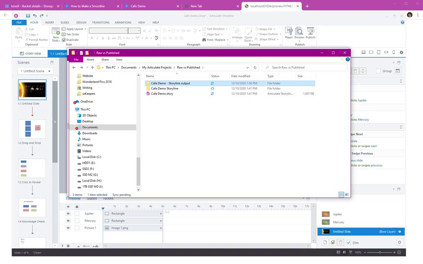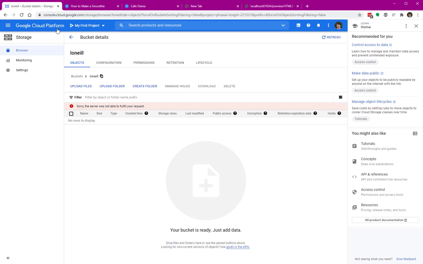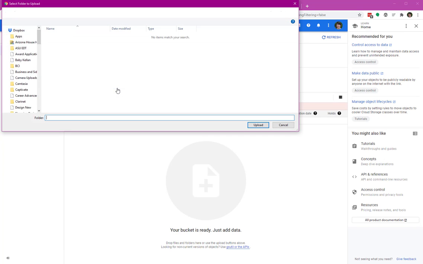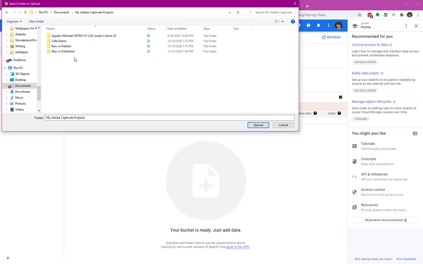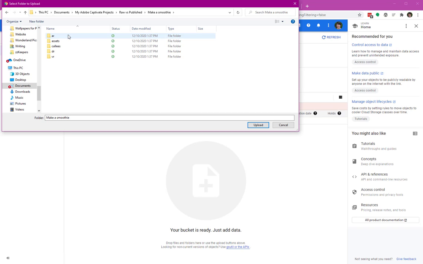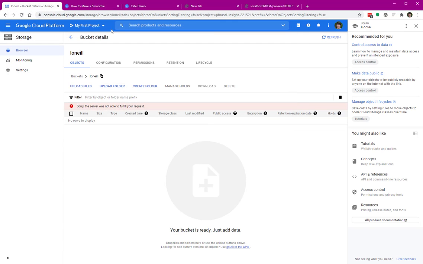So when you head over to Google Cloud Storage, you've got your buckets set up. What you want to do is you'll upload your published version of your project. So you can see, you can go to your Adobe Captivate folder, and this is the folder that you would open. If you're not sure, you can double click it, make sure it's the one with the subfolders, and this is the one that you upload to Google Cloud Storage. And then once you upload it, you're able to get a URL that you can share with your user, and I have a whole other video for that. But again, super important to